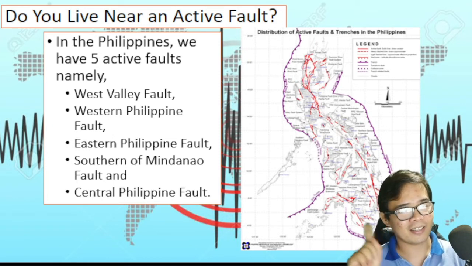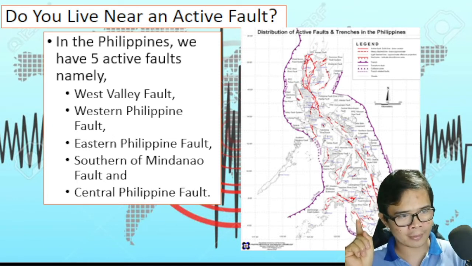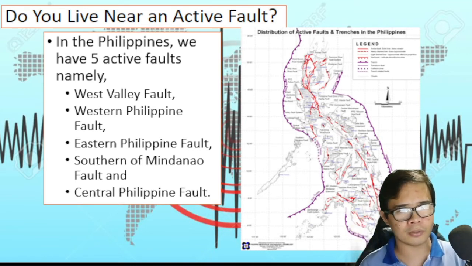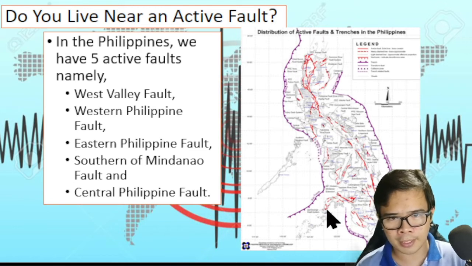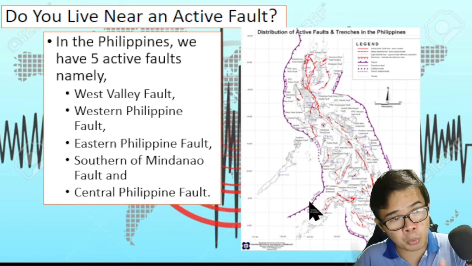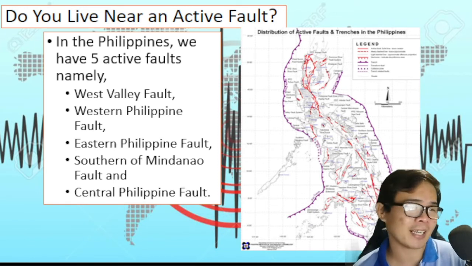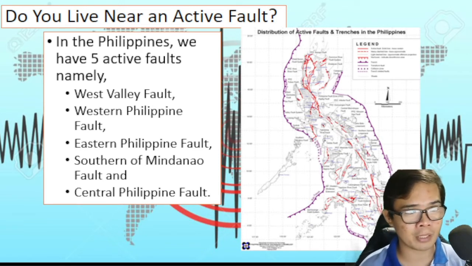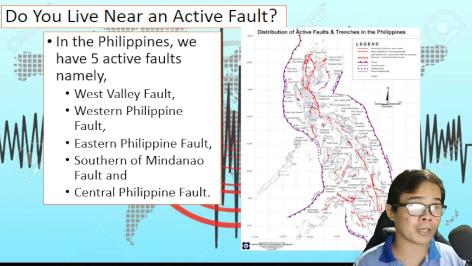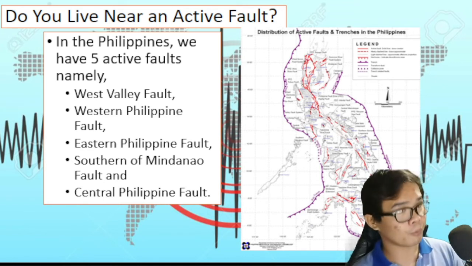Ayan po yung mga color red. Yan po yung mga trench. Okay, fault sila pero pahukay. So, ang pinakamalalim na trench ay ang Mariana Trench. Okay, hindi mo alam kung ano palang meron doon sa pinakailalim na parte ng ocean, at may sa Pacific. So, yan po yan.